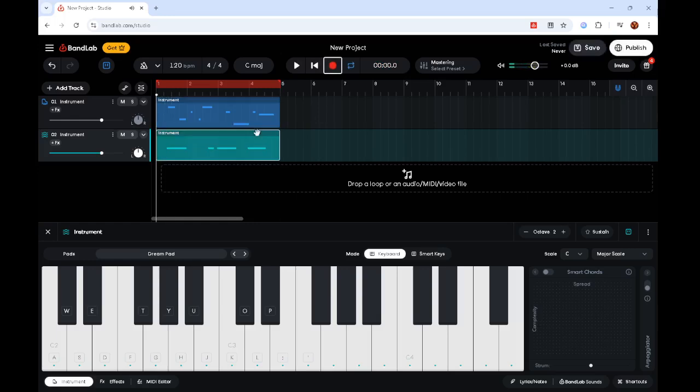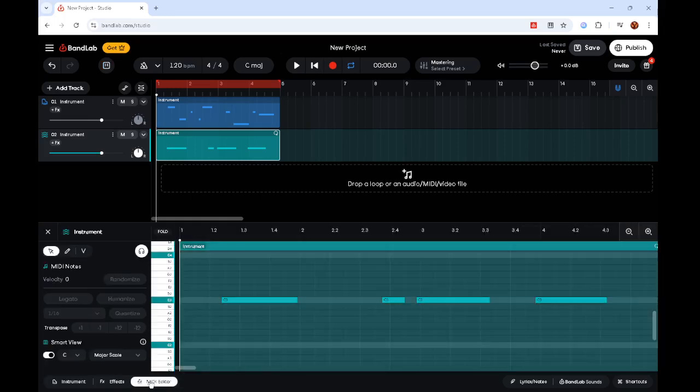Okay, so just a little generic chord right there. Let's go back to the MIDI editor here. Keep in mind, you can add and delete whatever you want. It's up to you. Add or subtract. But let's go ahead and